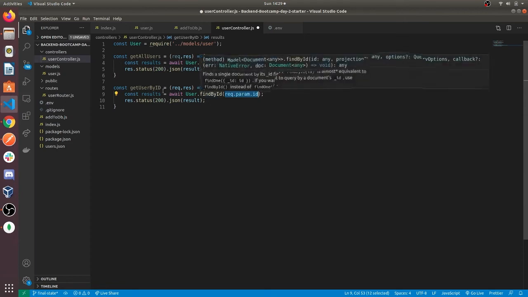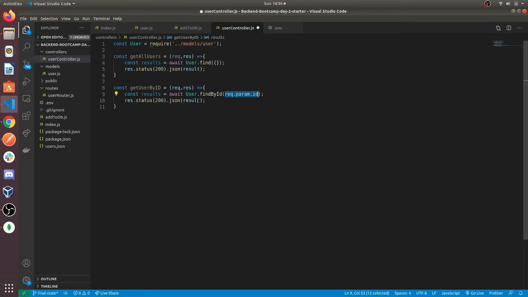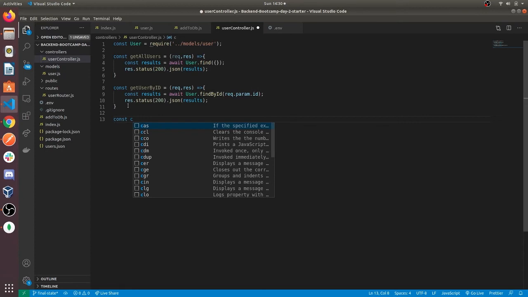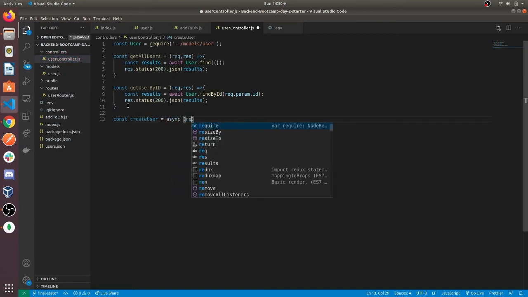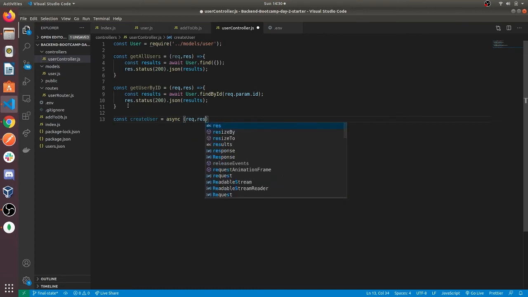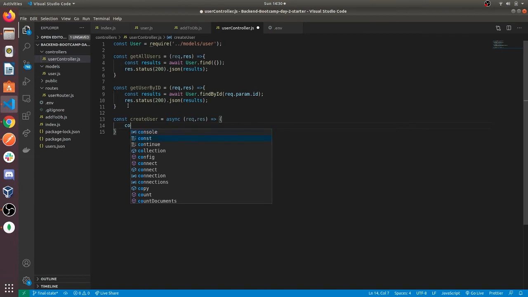The id is passed to this function, then we will get a result. As we are awaiting, we will have to use async here as well.